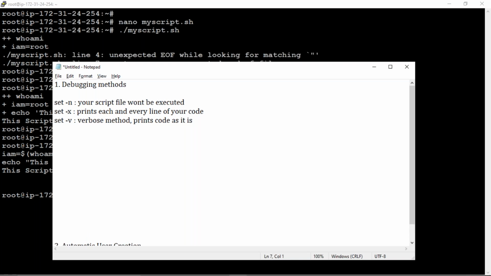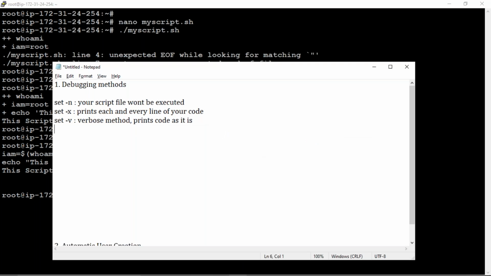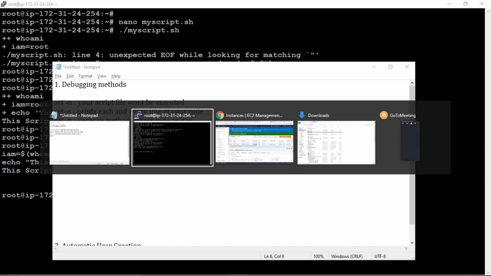Okay, and one more method we are having. That is hyphen e, set hyphen e. Or else we can directly use set hyphen x with the set hyphen e. So let us check what happens with set hyphen e.